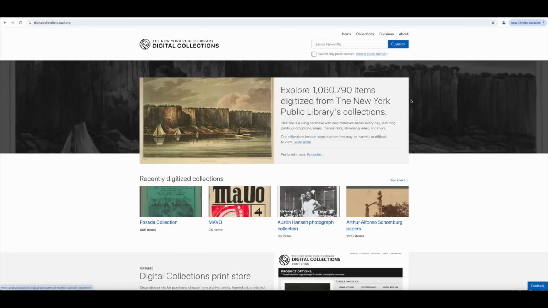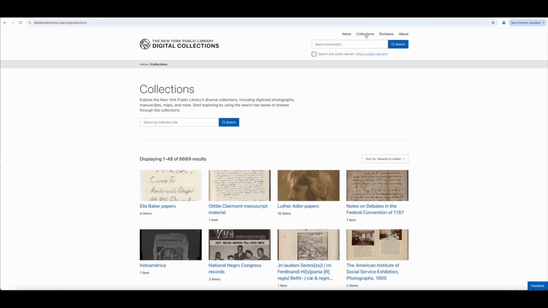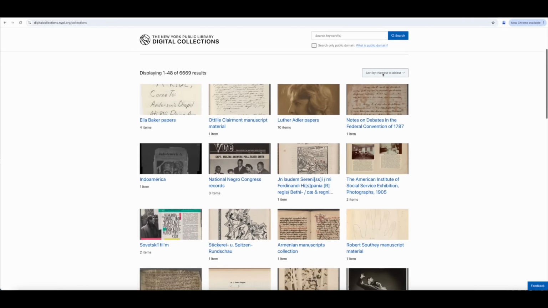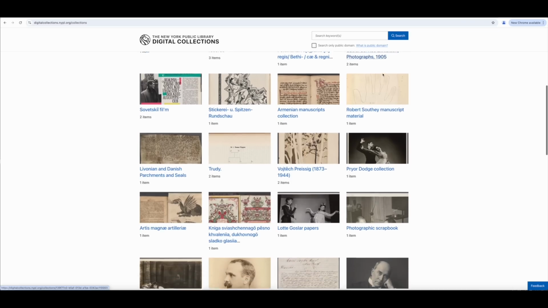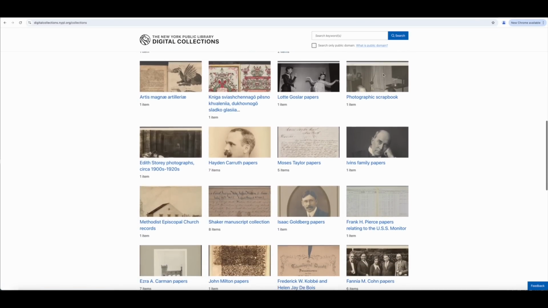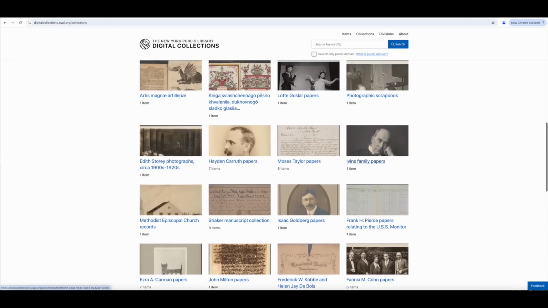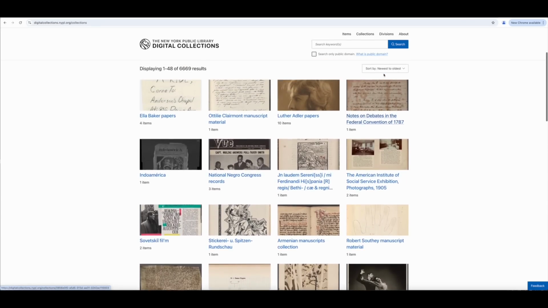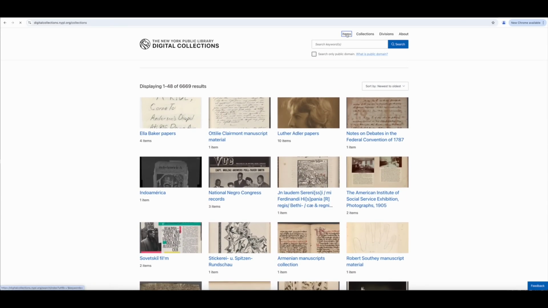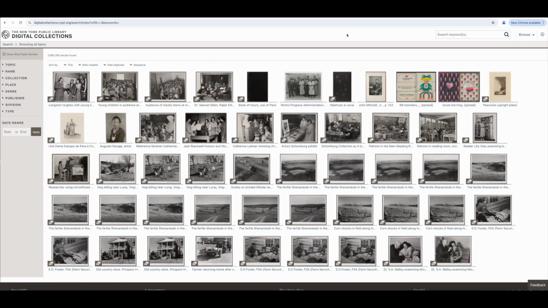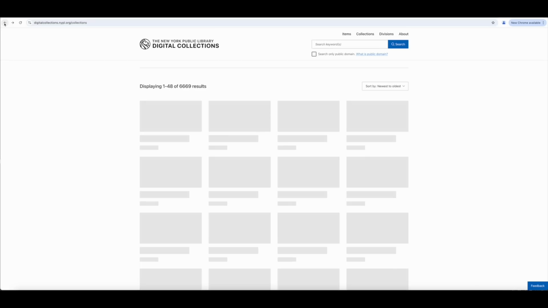digital collections. So there are over 1 million items that they've digitized that we as the public can sort through. Now they have it organized in a bunch of different ways, very much like the other public domain sites that I've already talked about in my video last week. They are organized by collection, as you can see here, and they're also organized by items. Here are the over 1 million items. That seems a little bit daunting to sift through, so I'm going to go back to that main page and